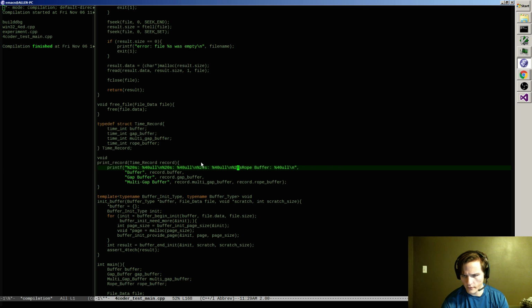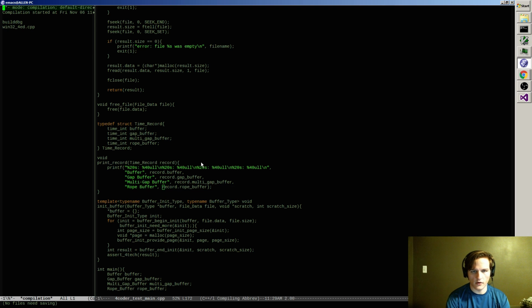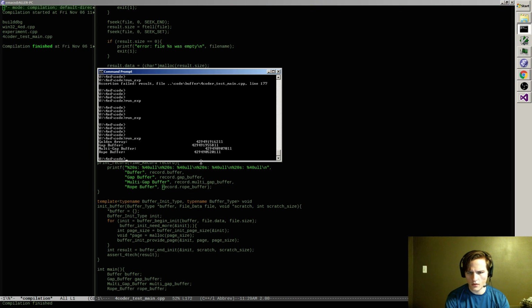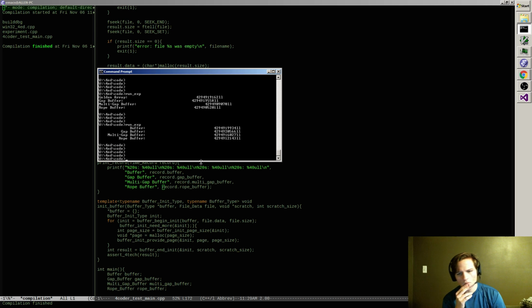And the fourth one is the rope buffer. I don't know if that's actually allowed with strings, but I'm just going to cross my fingers and hope they did something reasonable there. Not bad, not bad.